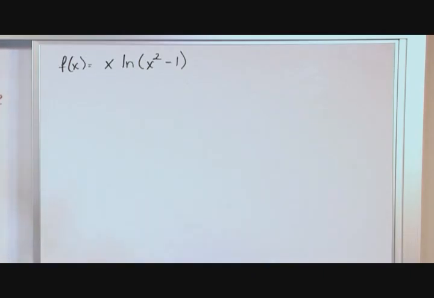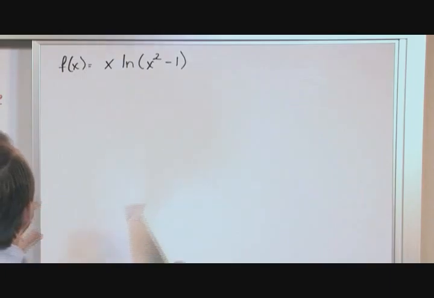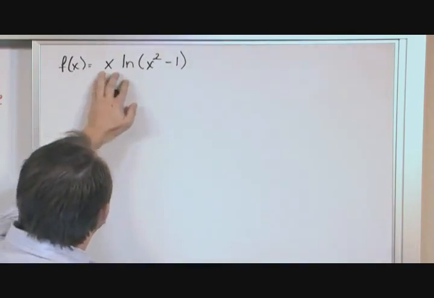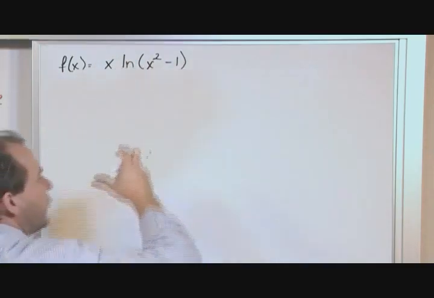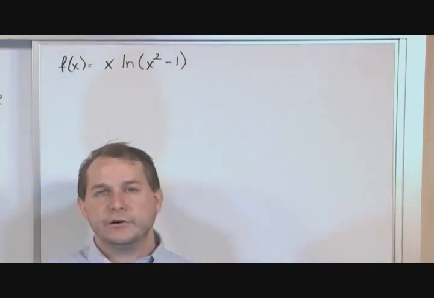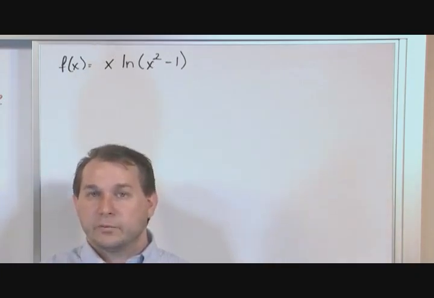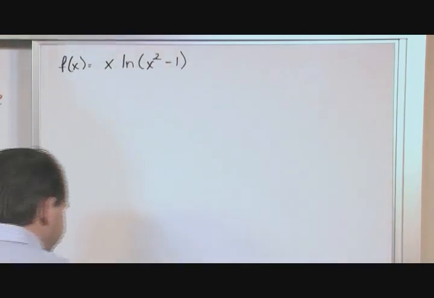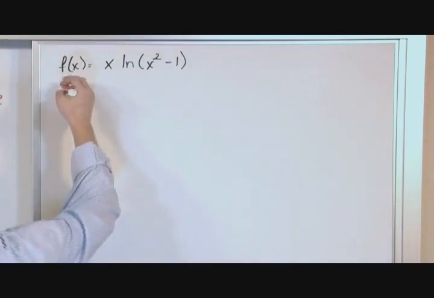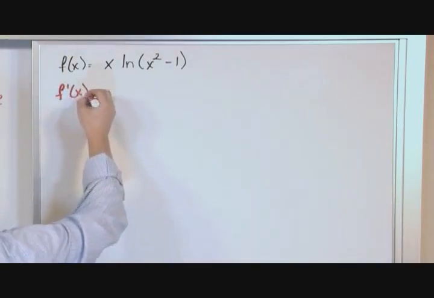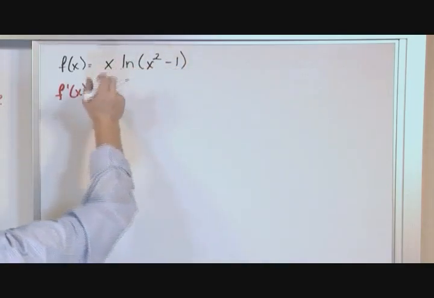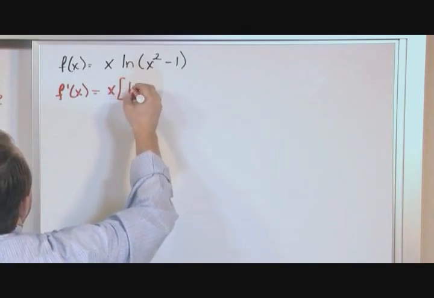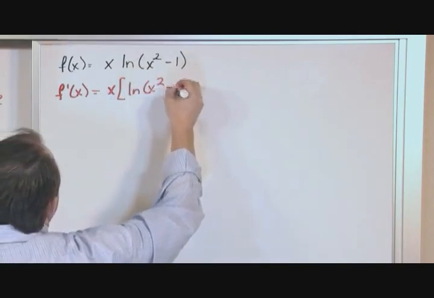Now, this is a little more complicated, obviously. But you can see from a large picture, you have a function multiplied by another function. So this is sort of a function here, this is another function over here. So you have two things multiplied together, so we're going to need to use the product rule. Let's write the product rule out and see where that takes us. The derivative of this function is first times derivative of the second plus the second times the derivative of the first. So it's the first times,